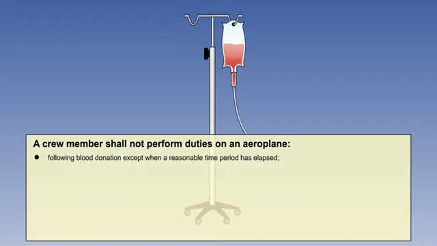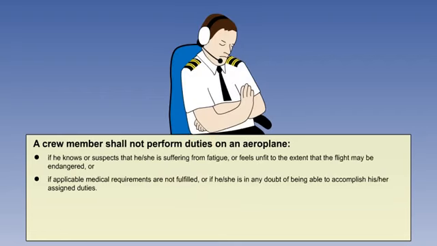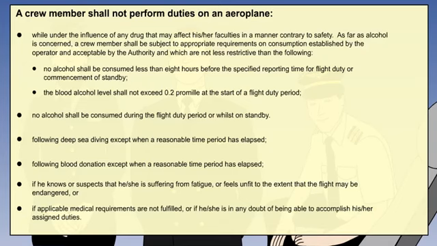For blood donation, the general rule is do not fly for 24 hours after giving blood. Do not fly if fatigued or unfit in any way, especially if you cannot clear your ears. Your operator will probably have limitations specified in his ops manual, but they will either be the same as these limitations or more restrictive. In conclusion, here is the complete list of limitations.